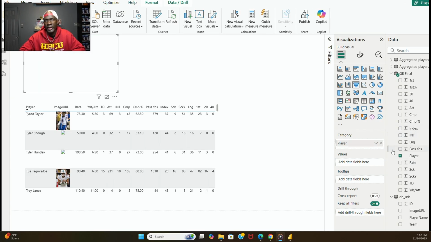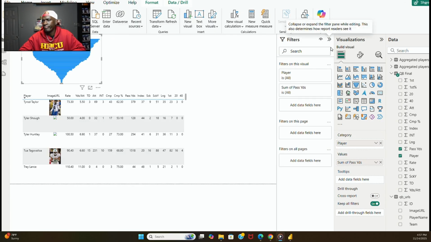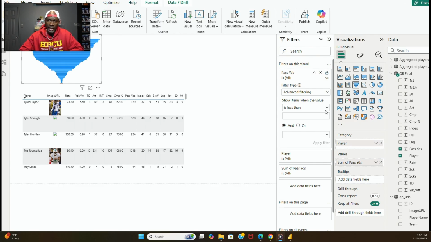So, in this case, bringing in the image URL is just a slight bit more advanced than just creating a basic Power BI report. I just want to give you a little bit more than a basic Power BI report. Now, what I'm doing here is I'm creating a funnel. And basically a funnel is when you layer data